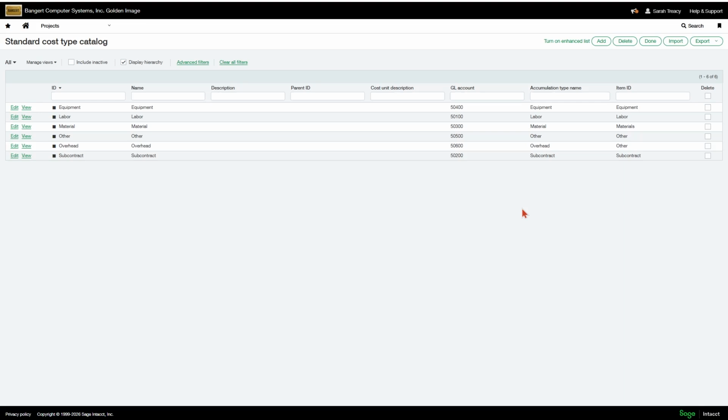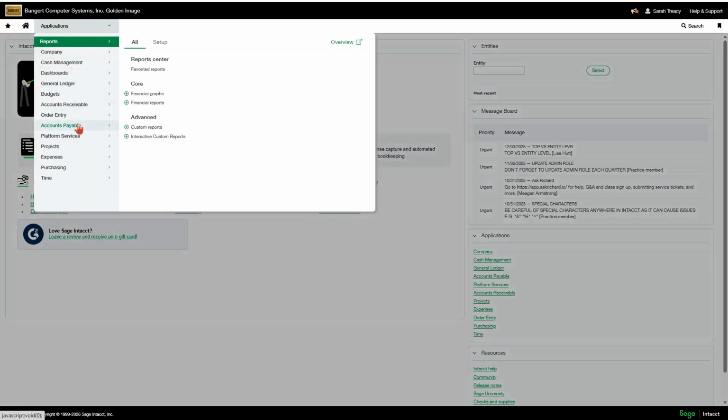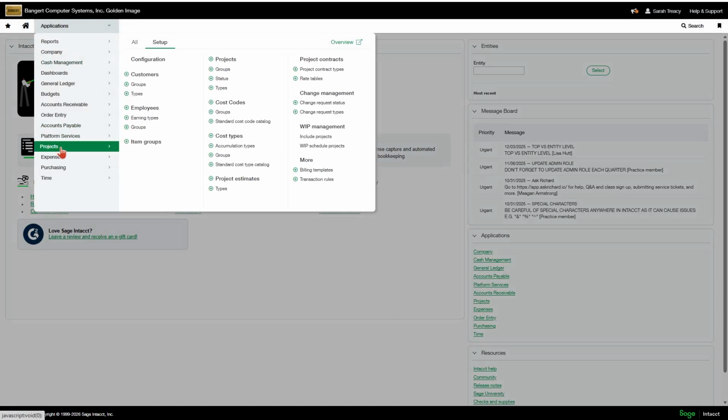And where possible, we do recommend that you use the out-of-the-box GL accounts, cost types, items. If you need more, obviously do go ahead and set those up. But there are going to be certain scenarios where people really don't want to change their, let's say, GL accounts because they have a structure in place, and that's fine. But if you can, where possible, we do recommend using the out-of-the-box GL accounts, cost types, and items, and then adding on to that.